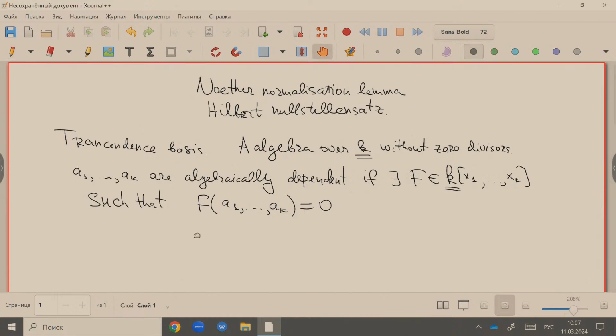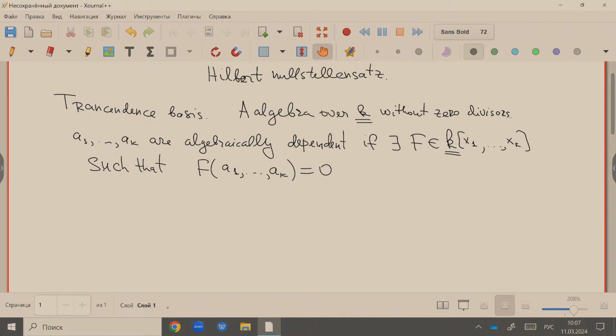As we are speaking about bases, a basis is a maximal linearly independent system in the vector space. So here we have an analog of this notion. Just you have elements a_1, ..., a_k over K, and this set is called a transcendence basis